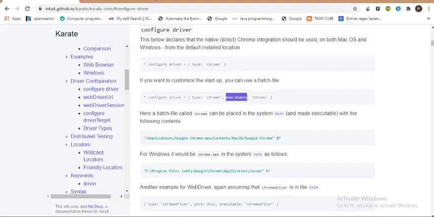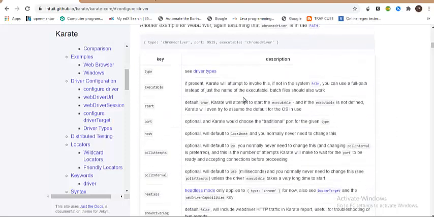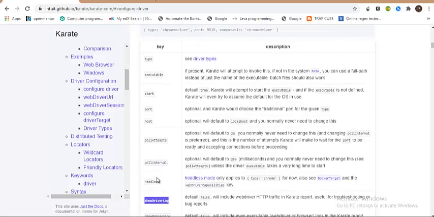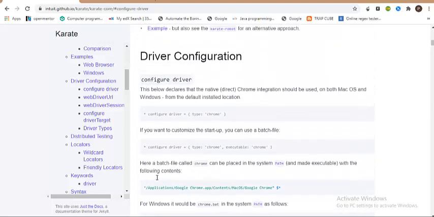If you want to tell the feature file where the executable for Chrome exists, it is likely present in your program files, applications, Chrome. You can specify the path, and there are a lot of other options too. You can pass in the port number, you can specify the host, and you can also activate the driver log, in case you want to do some triage or troubleshooting. It actually helps us. So let us get started with a very basic thing. We need to add this particular statement, configure driver, in our feature file so that we'll be able to launch the respective browser as required.